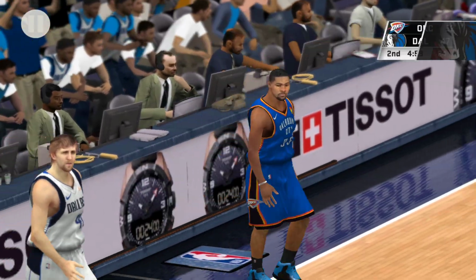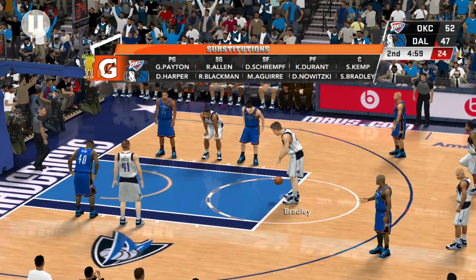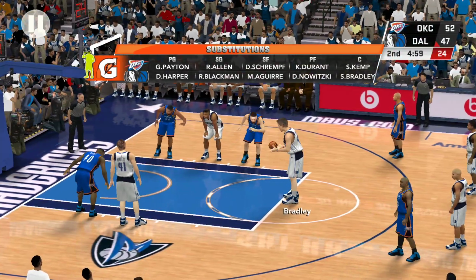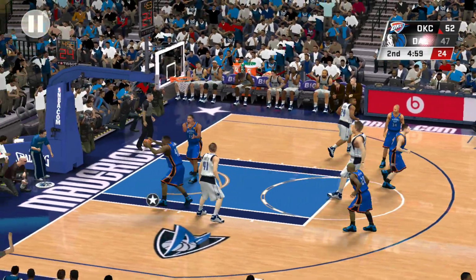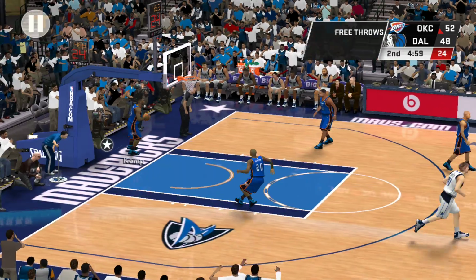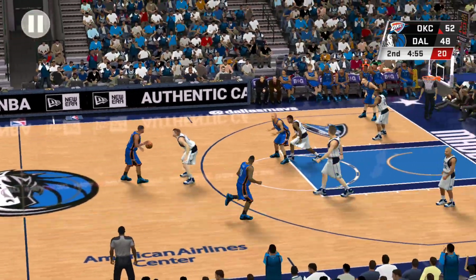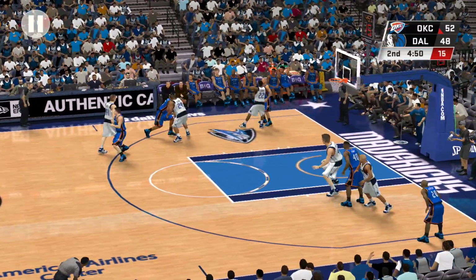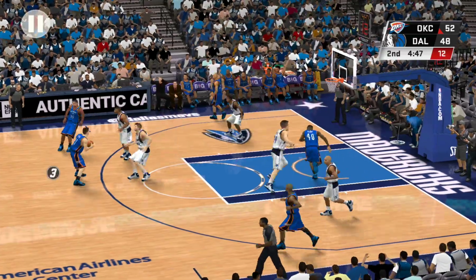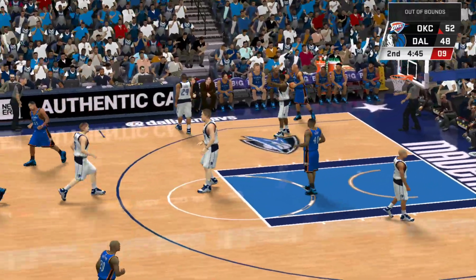And he can't get the first one. And the Thunder making a change here. Good on the second free throw. You know, even though they're behind, I love the job they've been doing getting to the free throw line. Here's Oklahoma City. They lead by 4. Now here's Durant, 6 points for him. Pass to Schrempf. Back to Durant. Out of bounds. Dallas takes possession.